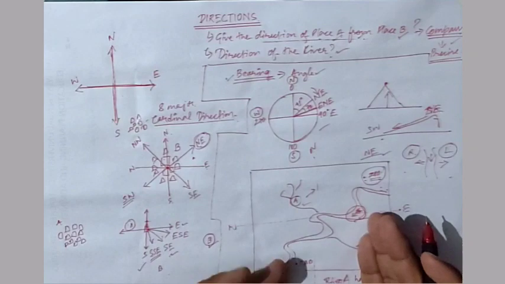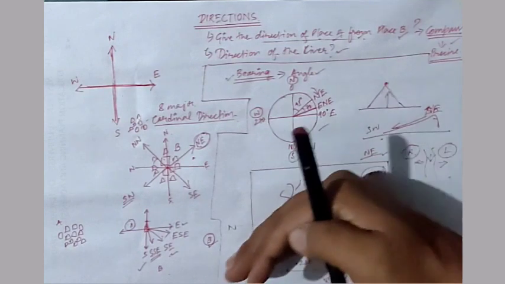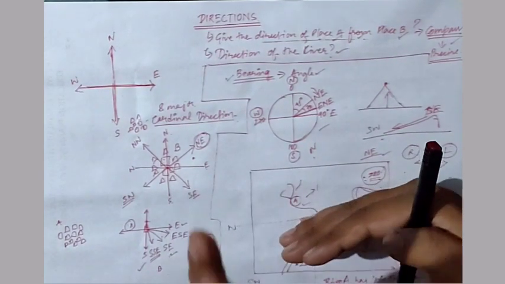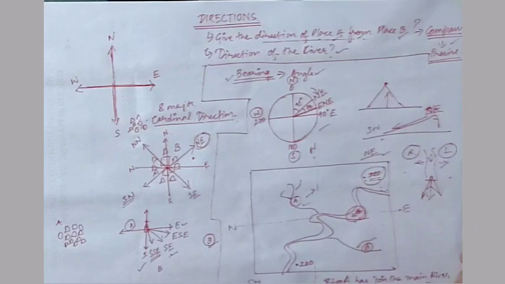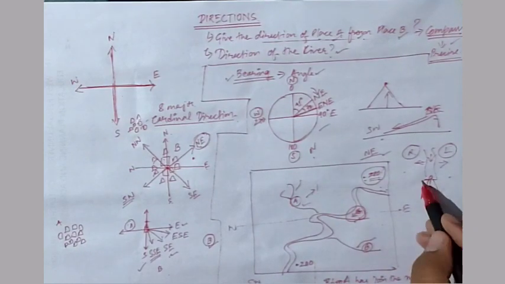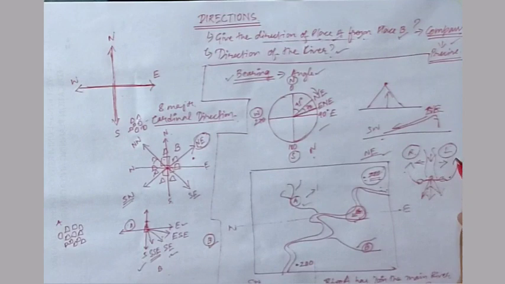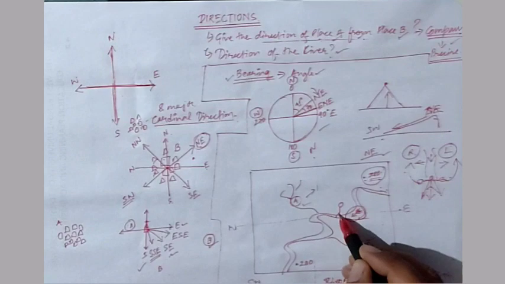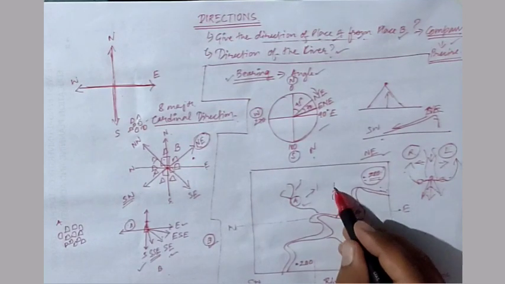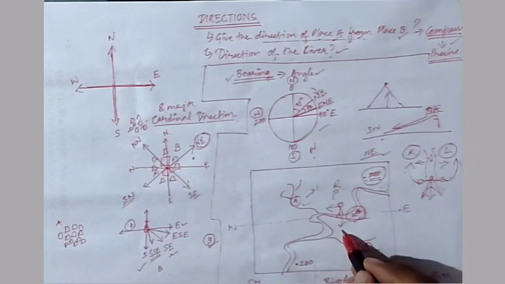Now you have already found out the direction of the flow of the river, isn't it? So the river is flowing in this direction. Imagine yourself standing, facing the same direction. Understood? So your right hand will be your right bank and your left hand will be the left bank. The river is flowing this way, so imagine you are also facing the same side. So this side will be your right bank, and here this will be your left bank.